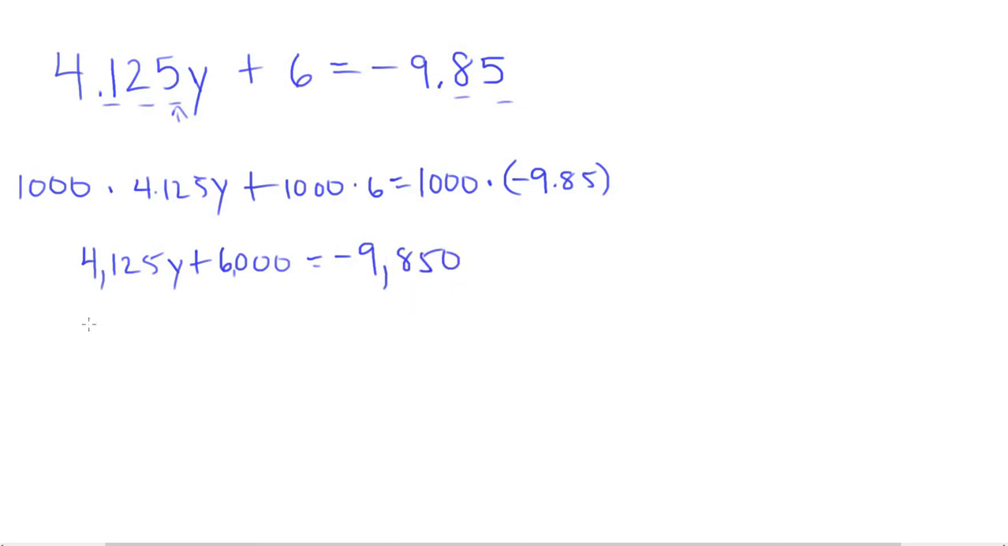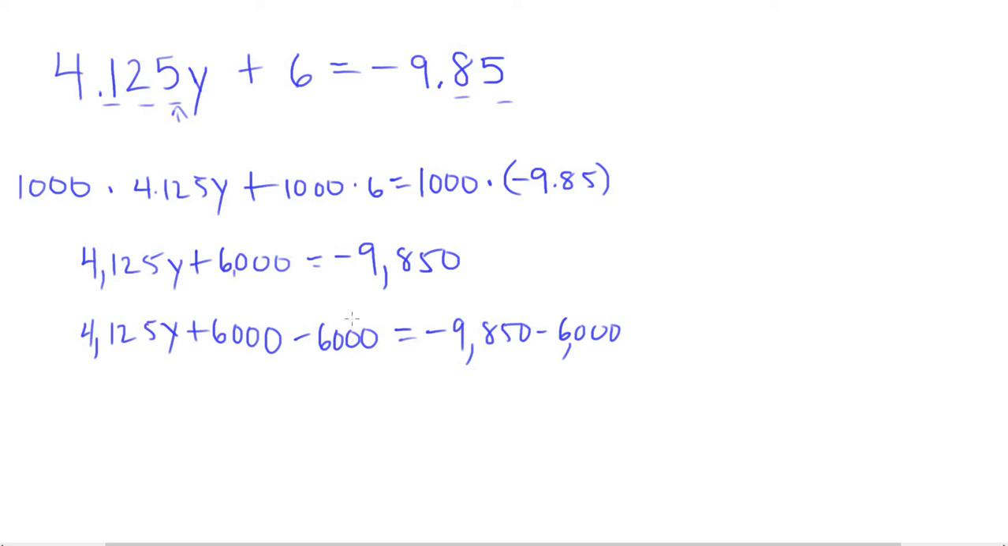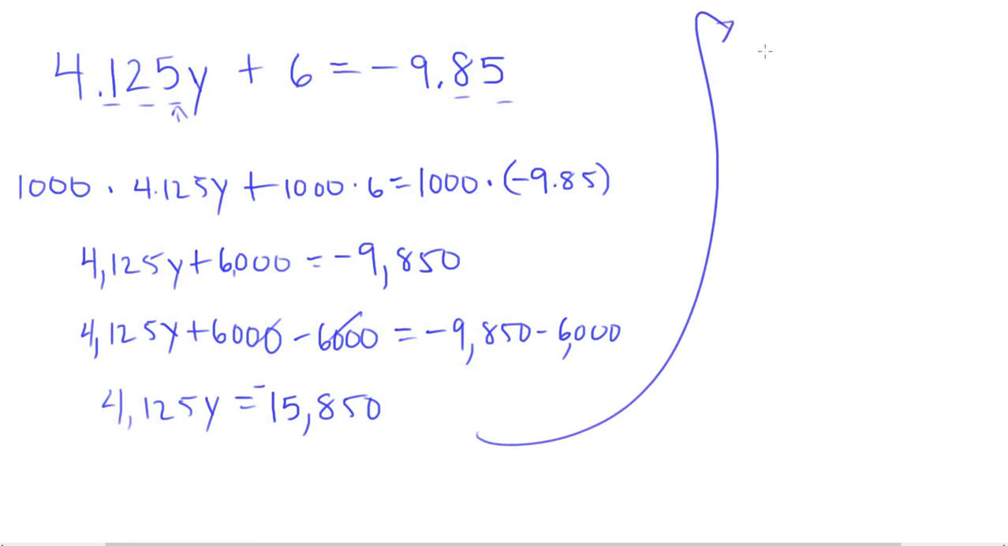I got 4,125y plus 6,000 minus 6,000 equals negative 9,850 minus 6,000. These cancel. I have 4,125y equals 15,000. 9 and 6 is 15. 15,850. A negative 15,850. I can bring that up, and that's going to give me